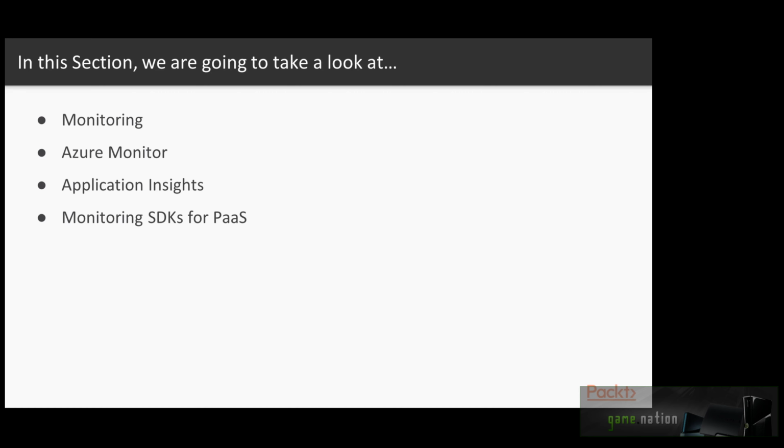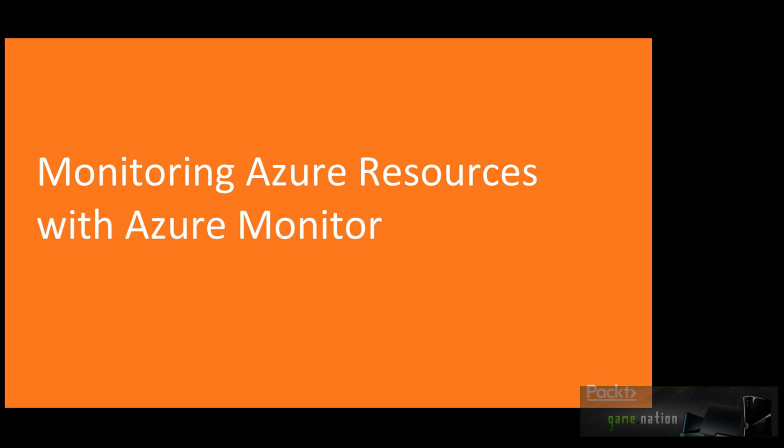We will go ahead and take a look at how SDKs can be integrated in the platform as a service category using JavaScript or the native package managers. We will also take a look at how we can generate the reports for all the metrics and how we can utilize the dashboards to preview all of our reports that we have created, or how we can create new reports. But first, let's explore how Microsoft Azure enables our services to be monitored using the help